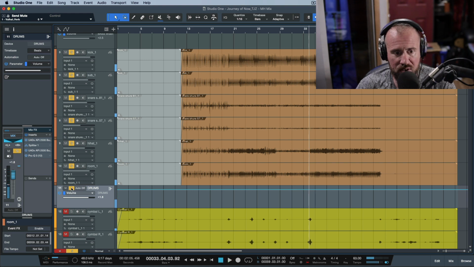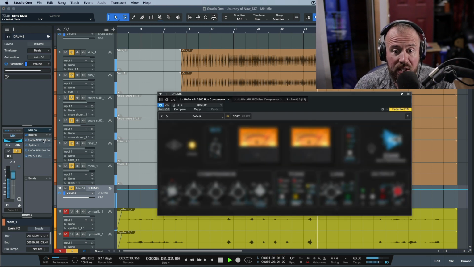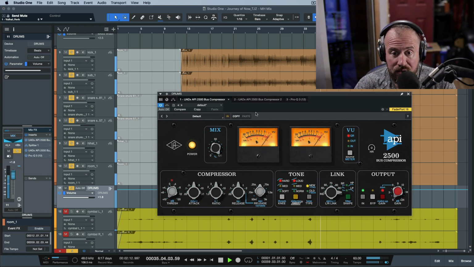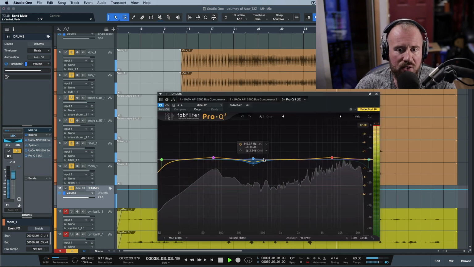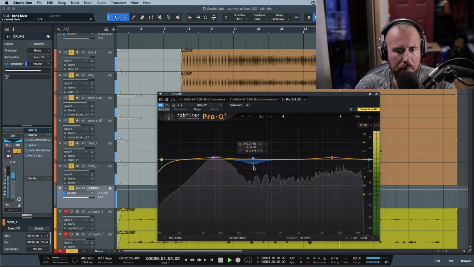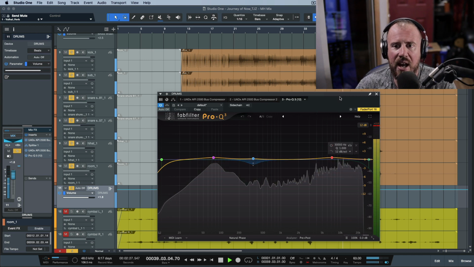Let me just make sure this is isolated. Okay. So everything is hitting a compressor a little bit. And then also I'm going into a splitter and hitting another compressor in parallel, but I'm smacking the hell out of it. And then it's going into Pro Q3, a little bit of dynamic processing here, and a little